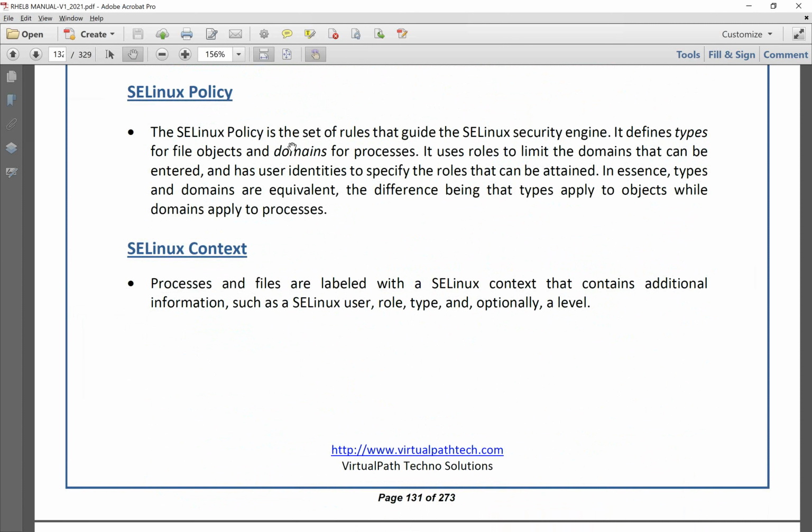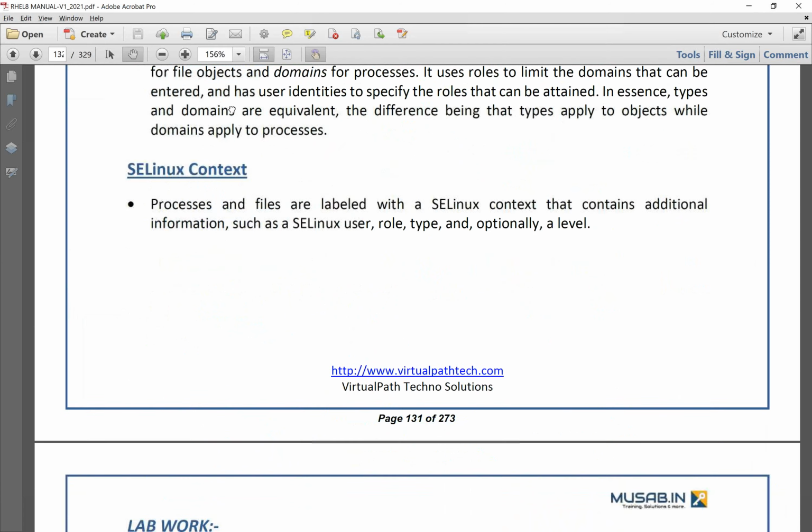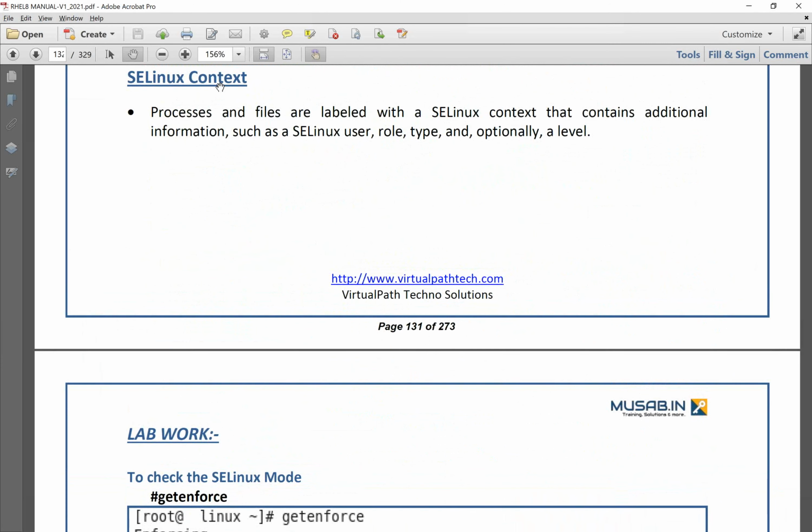It's like we are learning how to drive a car. We are not learning how to design or make a car. We're just learning how to use it or how to drive it. But there is one major part inside it. What I'm going to cover is SE Linux context. SE Linux context is like permission. Normally, you have read, write, execute permissions, right? In the same way, we have permissions in SE Linux also,